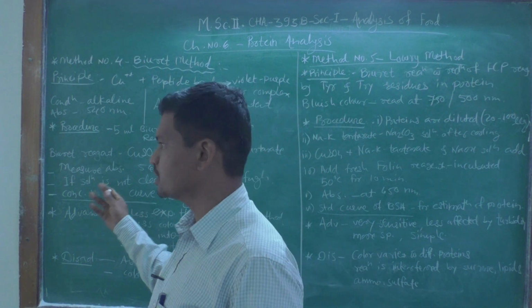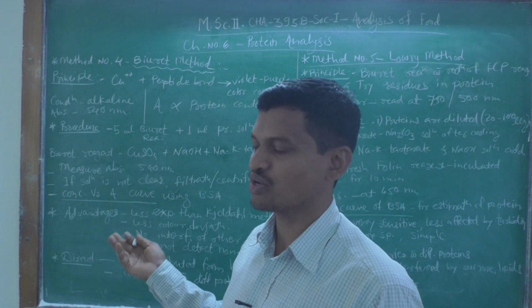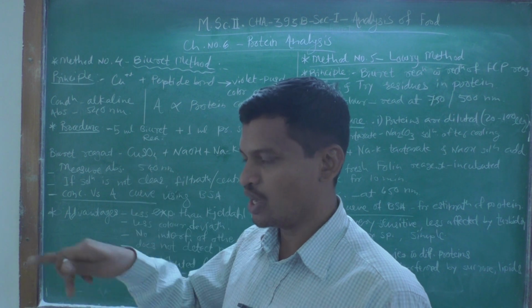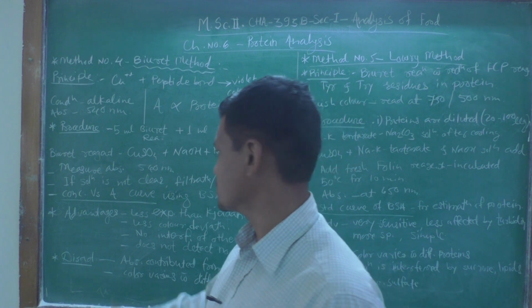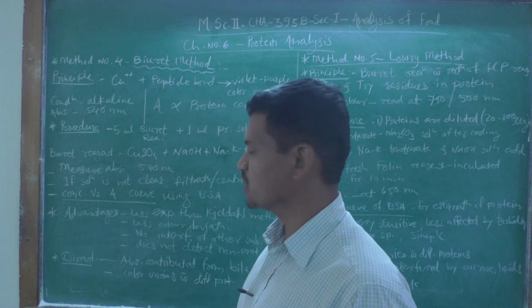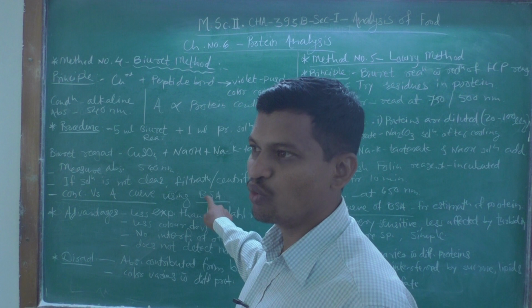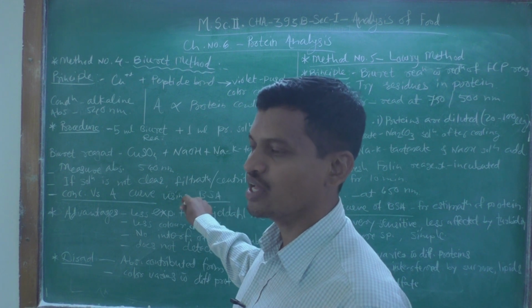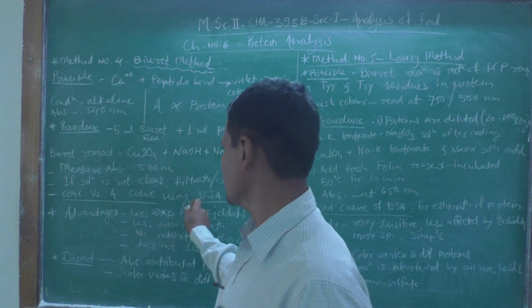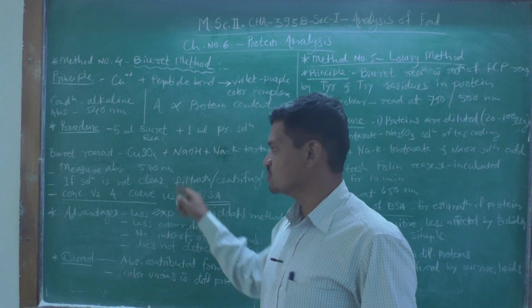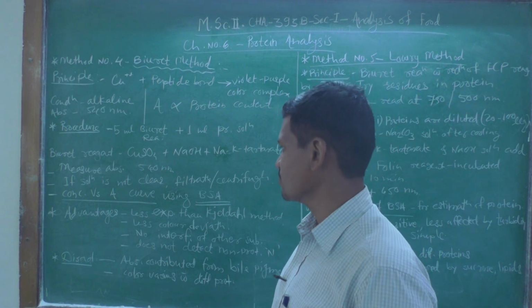Then at the last, we know that in all these spectrophotometric titrations or spectrophotometric determinations, we have to draw a concentration versus absorbance curve. We have to draw a plot of concentration versus absorbance using BSA, that is bovine serum albumin. Bovine serum albumin is the reagent used as a standard reagent for the estimation of protein in food samples. So this BSA reagent is used to standardize the results obtained from the protein analysis of the food sample.